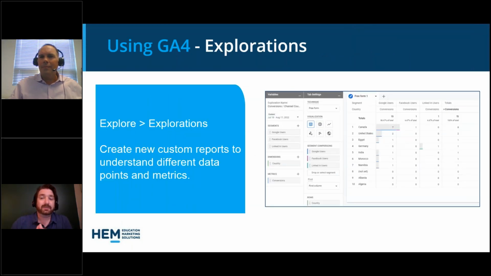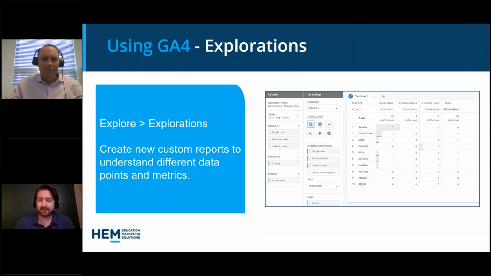And so if all these different reports we talked about, showing you some of the ways to get deeper into your data, aren't everything that you need, maybe there's some reports from the old UA that you relied on, maybe there's some internal reports that you like to look up. GA4 has this advanced or maybe intermediary feature called explorations, which basically lets you build your own reports. You can pick a lot of different options in here. You can pick segments, like which users do you want to look at. You can pick dimensions like the countries they're from, what metrics you want to count, and you can do quite a little bit here to make any sort of report you're looking for.